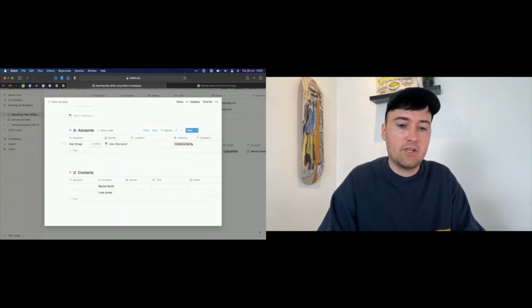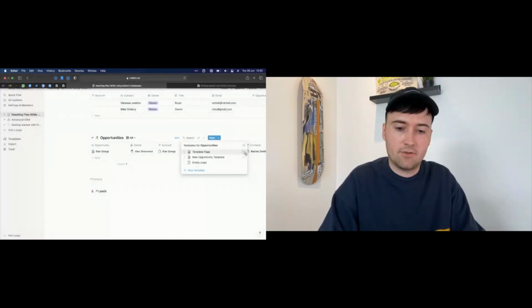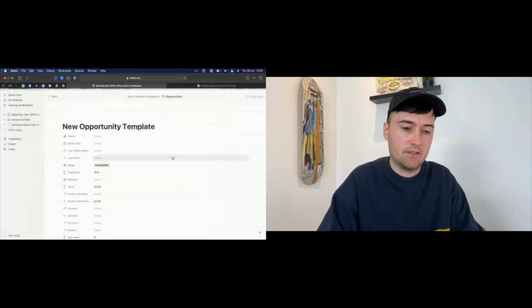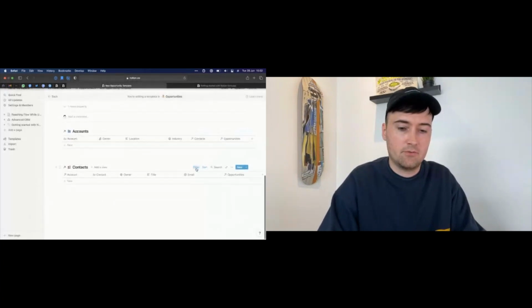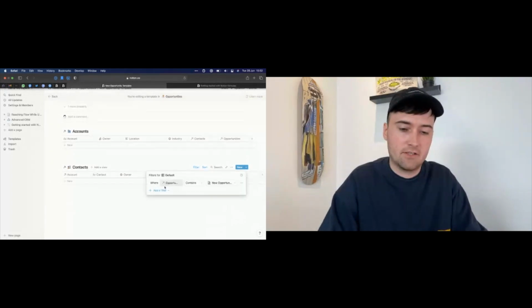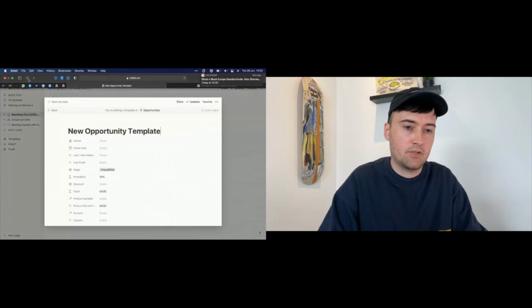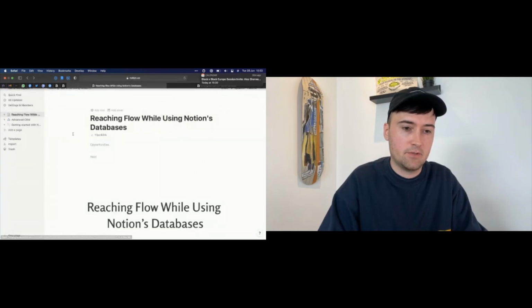Lastly, what if you have multiple relation columns like this in your linked database views? You don't want to have to fill out the account, which is always going to be key group, when you add a new contact to these database views. So one more thing that I tend to do when I create a template like this is I will go into the contacts linked database, for example, and just add in a filter here for account, and I'll leave that blank. And then if we go back to the opportunity page again